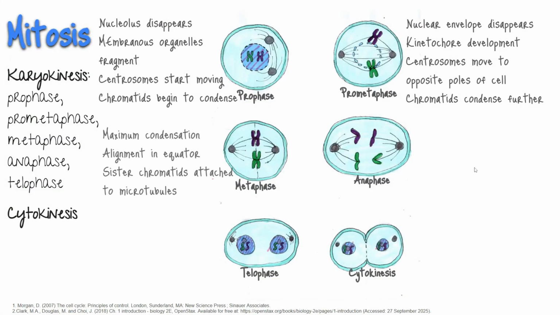Metaphase, the change phase. All the chromosomes are aligned in a plane called the metaphase plane or the equatorial plane, roughly midway between the two poles of the cell. The sister chromatids are still tightly attached to each other by cohesive proteins. At this time, the chromosomes are maximally condensed.